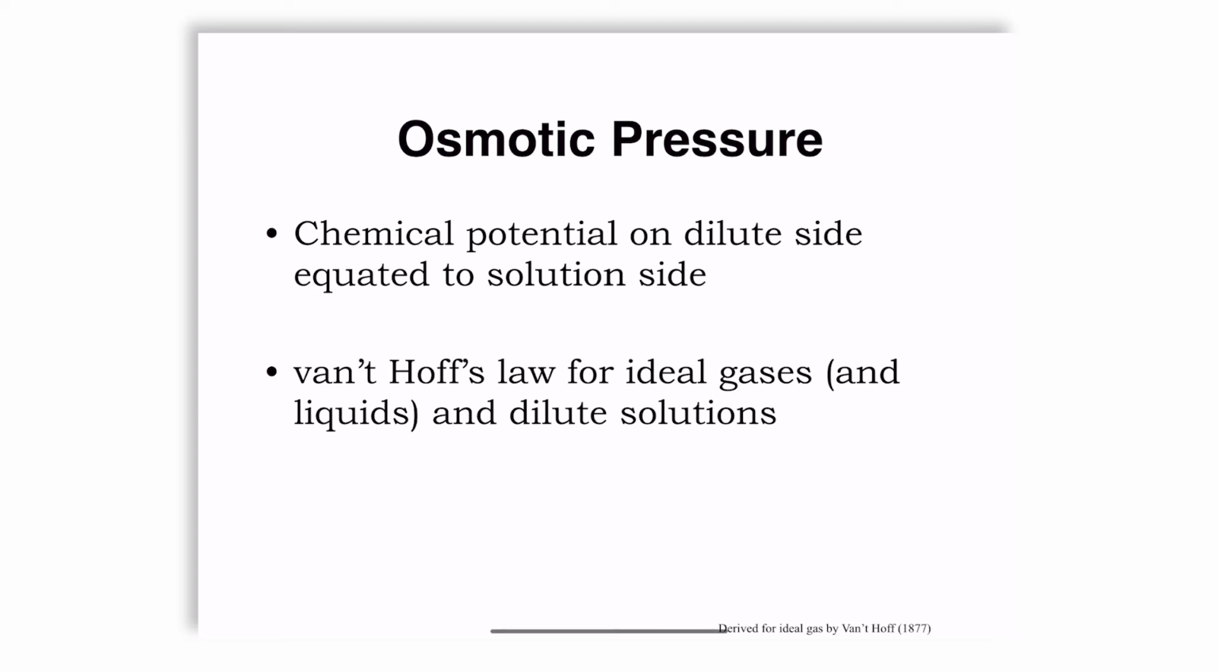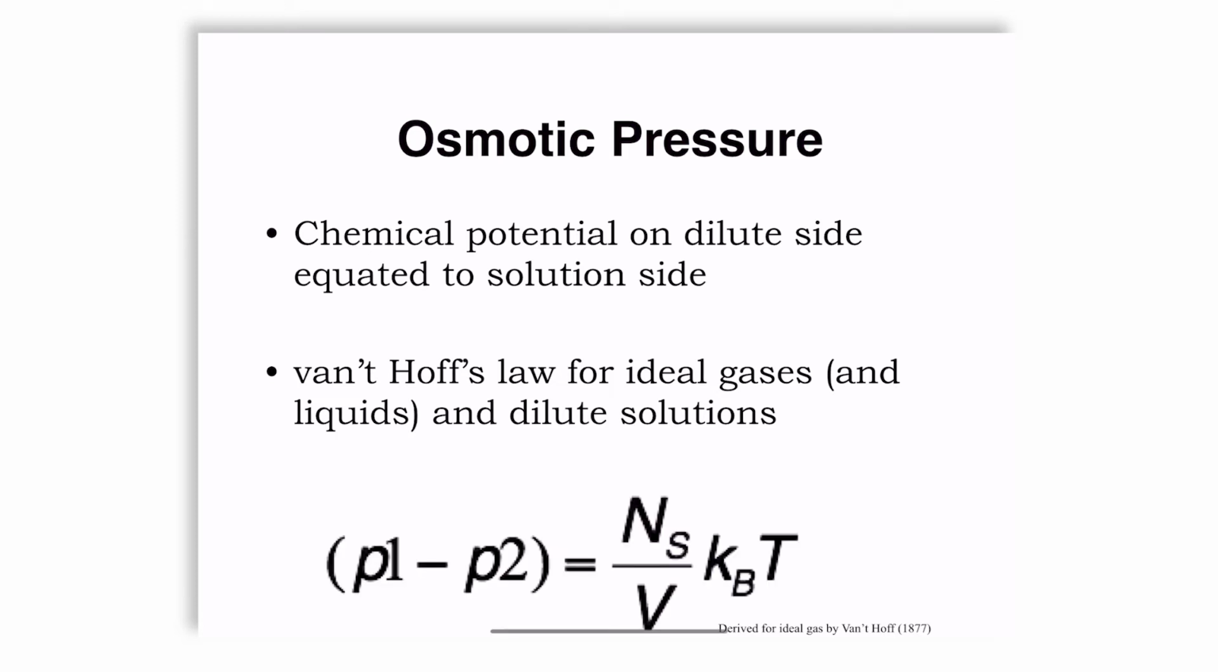So in that sense, this driving force can be defined in terms of an osmotic pressure, in terms of a chemical potential, which can be equated on dilute and solution sides. And this exact equation is given by Van 't Hoff's law based on ideal gases and liquids and dilute solutions, which states that the pressure gradient P1 minus P2 is equal to the number of solute molecules upon the volume times kBT. And you have probably seen some other formulations of it,